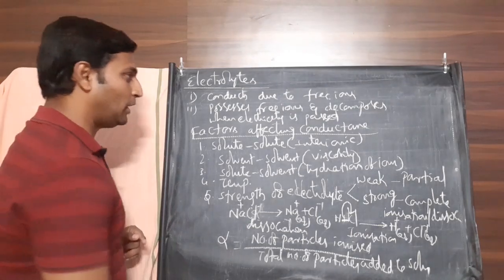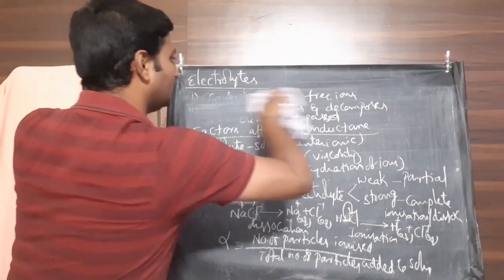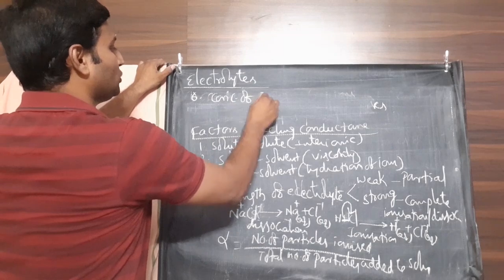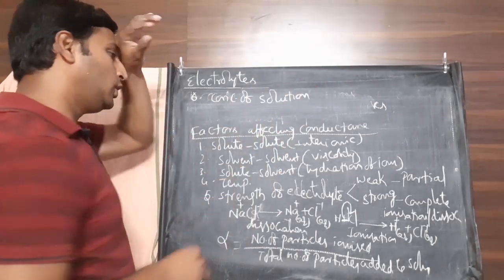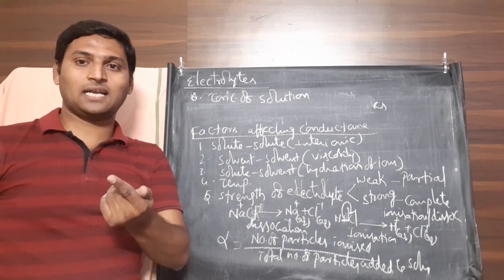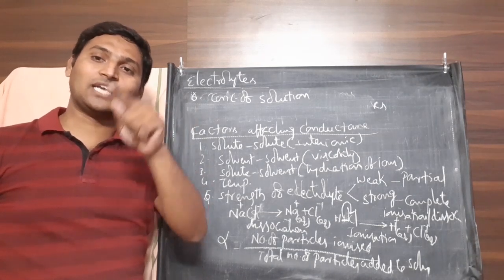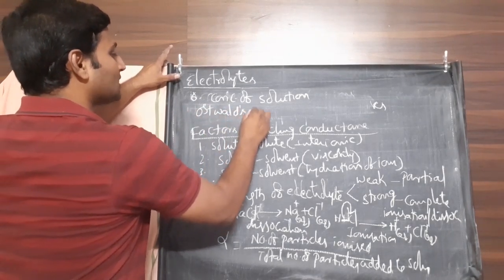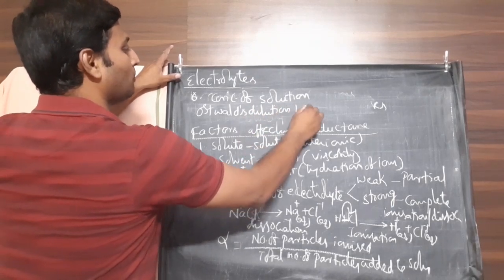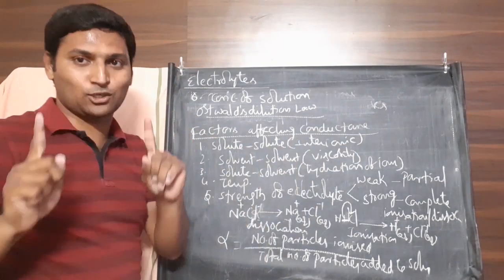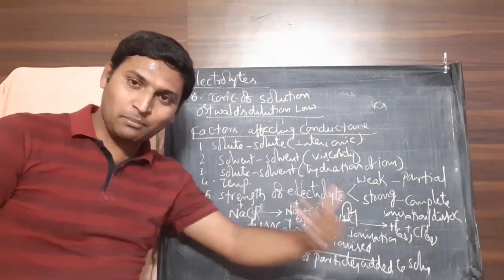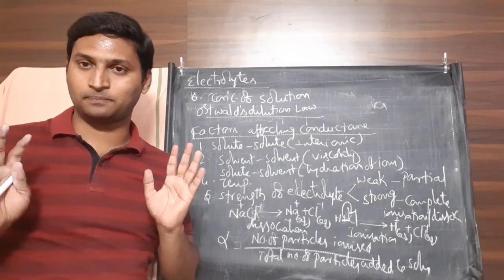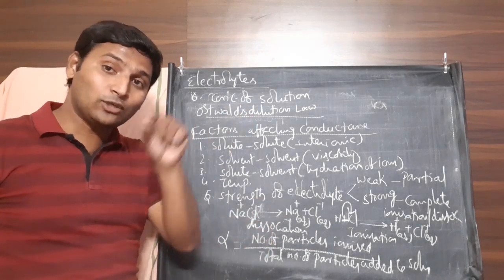Then the last but important factor which I write here, concentration of solution. What should it do to conductance? To understand that, I can explain what it does to the strength of the electrolyte. See, there is one law called Ostwald's dilution law. By the way, it is only for weak electrolytes because whatever may be the concentration, strong electrolytes would already ionize 100% and conduct using all the ions present in them. Whereas weak electrolytes ionize only to some extent, right?